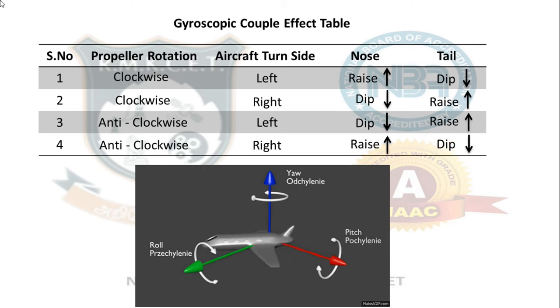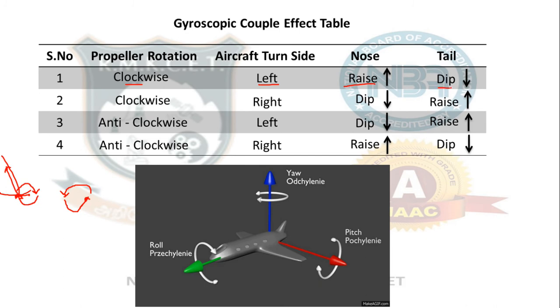So the easiest way to remember this, just do a split circle: clockwise rotation, anti-clockwise rotation. From the center, if you go to the left, your flight will go up. So this is clockwise, left turn. In a clockwise, if we go left, what does the arrow mark point? Upward. So nose will go up, tail will go down. Same clockwise, go right, your nose will go down,